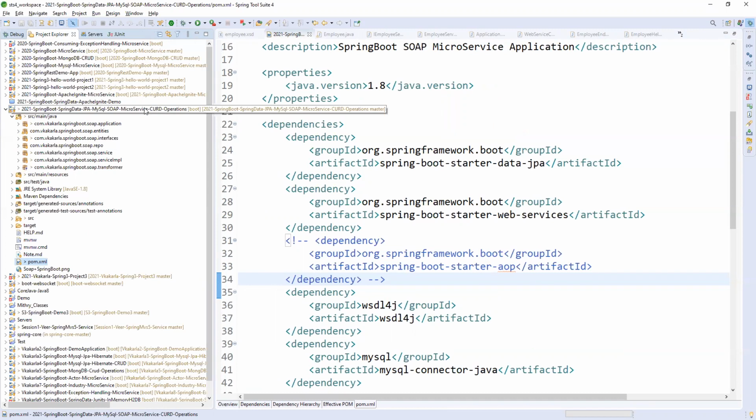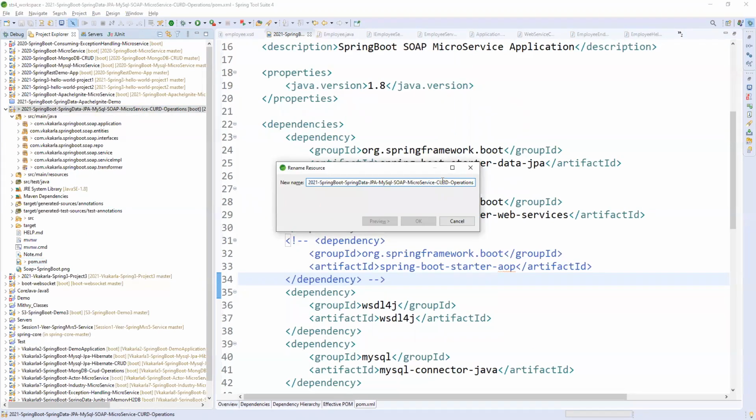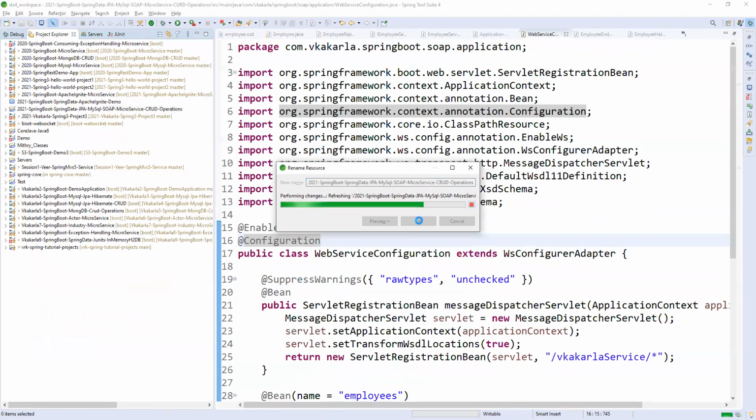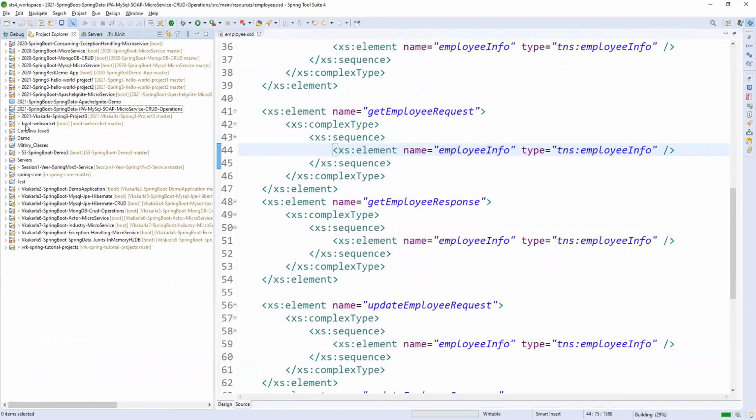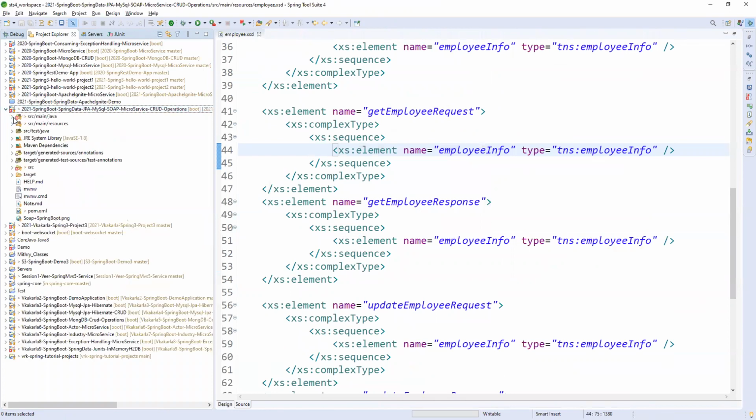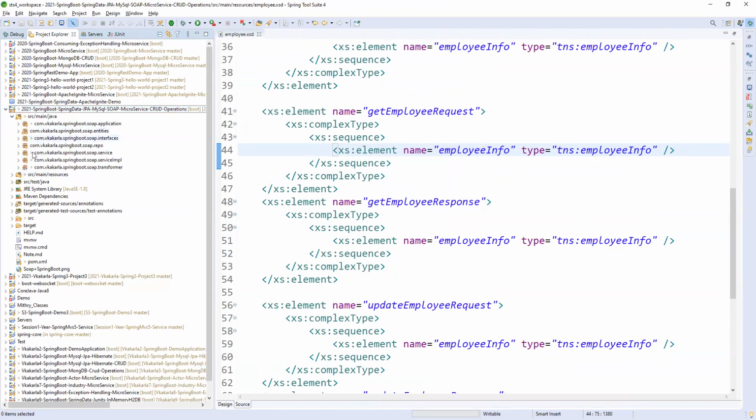Not CURD, this is CRUD. Bear with me if I make any spelling mistakes; some oversights may happen sometimes. So this is CRUD operations on a SOAP project.